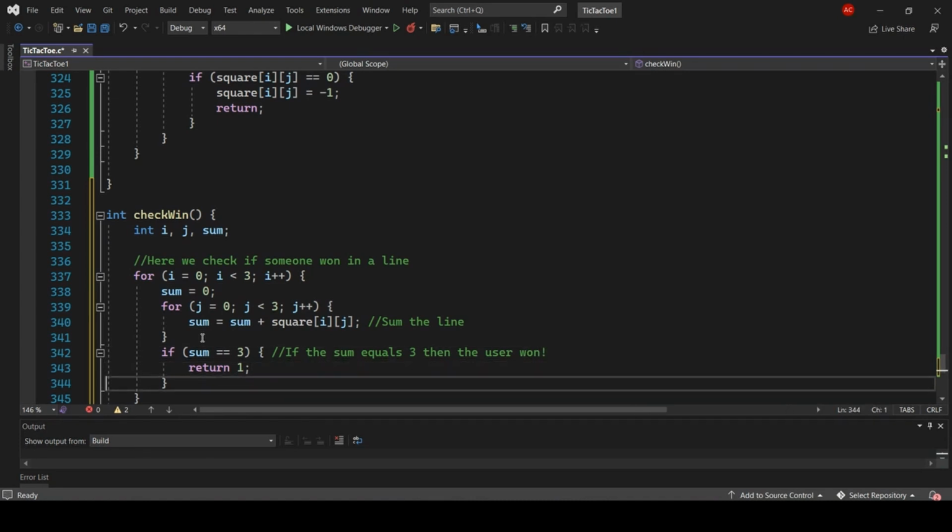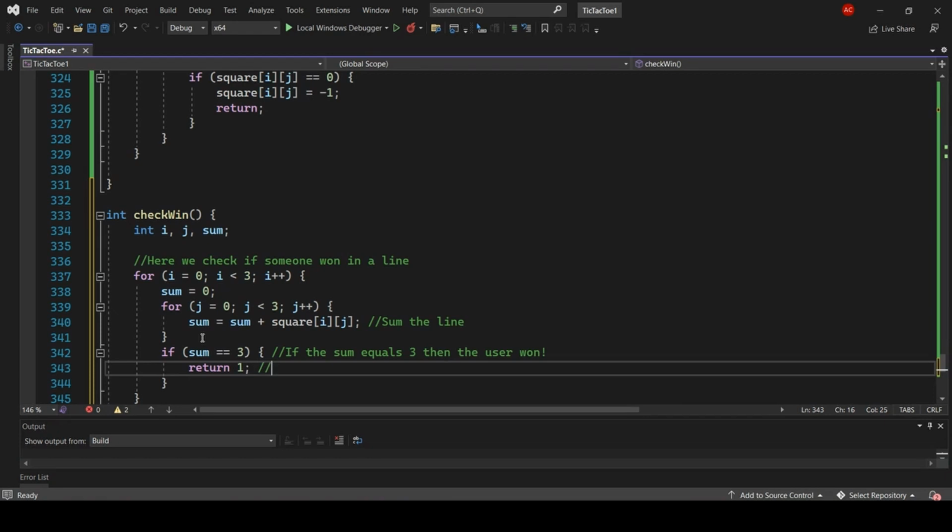If the user won, we return 1. And if the computer won, we will return -1.